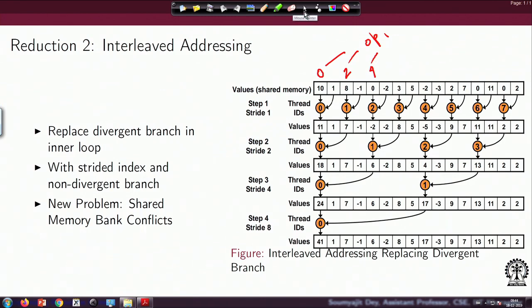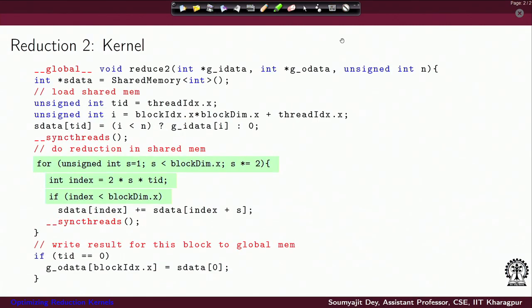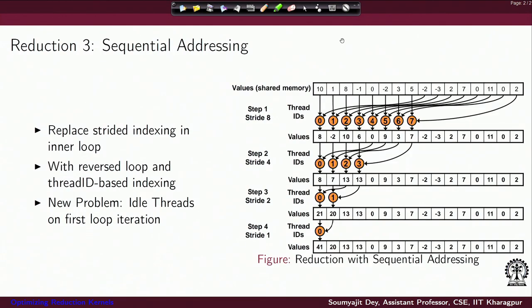But how do you remove that? Let us look at the access pattern of a transformed operation here. Let us look at the alternate code that we can have to resolve the bank conflict. Let us arrange the threads in such a way that I have consecutive threads working. That removes the issue of divergence inside the warp. Also, we change the way the consecutive thread IDs access the memory.